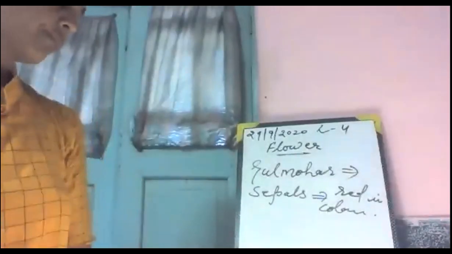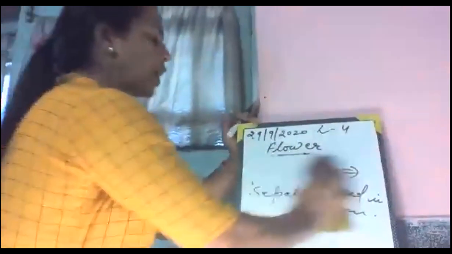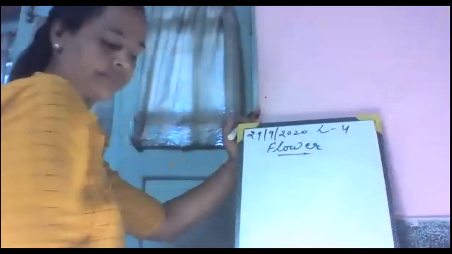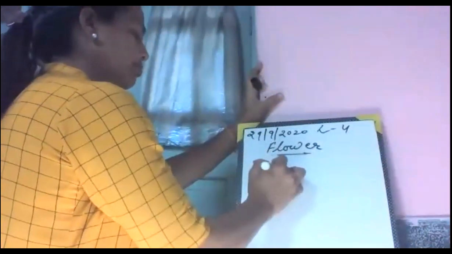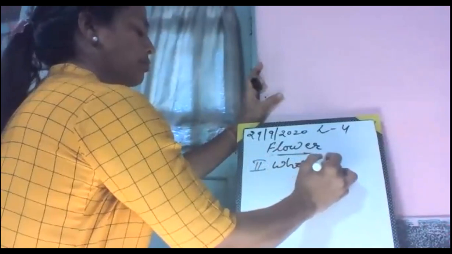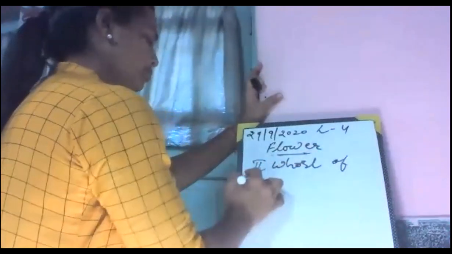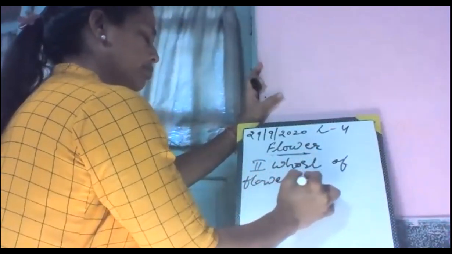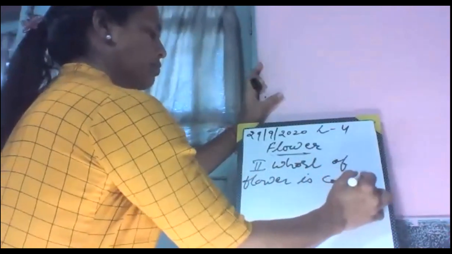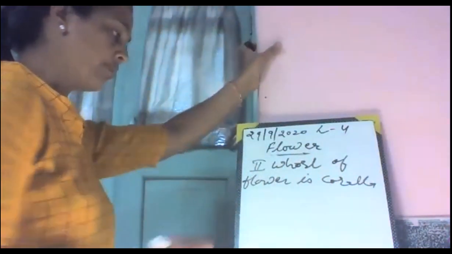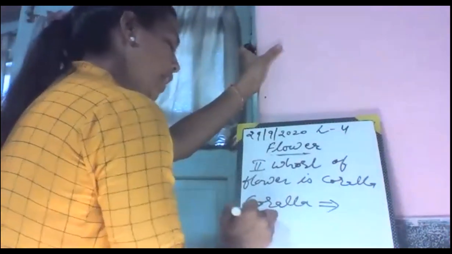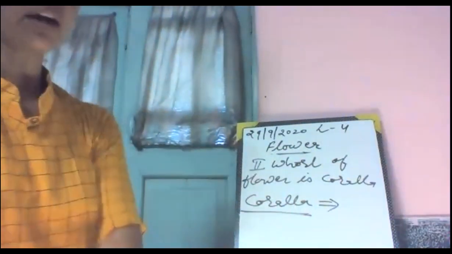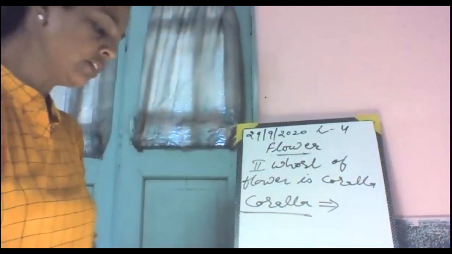The next is corolla. The second whorl of the flower is corolla. Corolla is the structure having the beautiful colored part of the flower, and these parts are known as